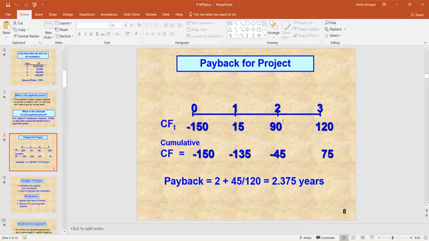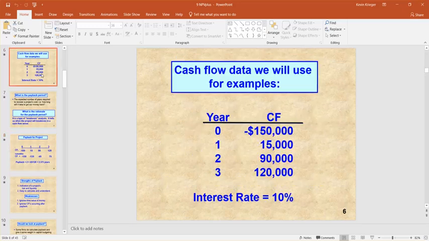That's a problem. And the reality is there are ways around this, things like taking the present values of all of these cash flows and then recalculating your payback period. But there's a reason that this interest rate, the 10% we were staring at on slide 6, we didn't use it, not yet, with the payback period, because that's one of the payback period's weaknesses. It does not take into account the price of borrowed money, the interest rate.